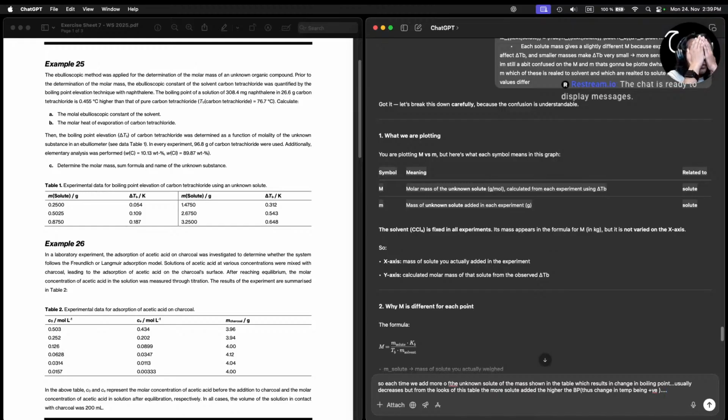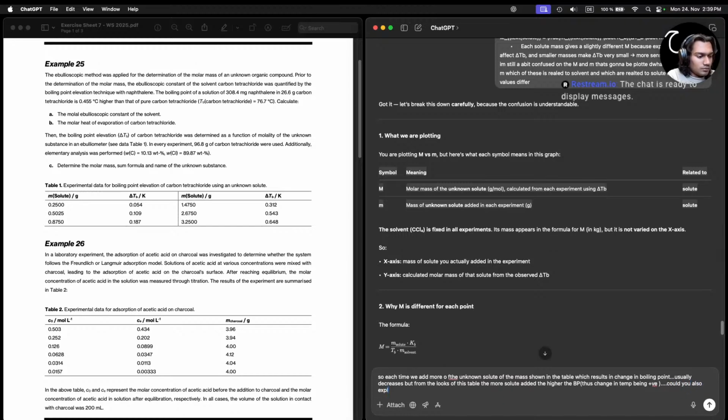What was smaller mass? The molar mass meaning